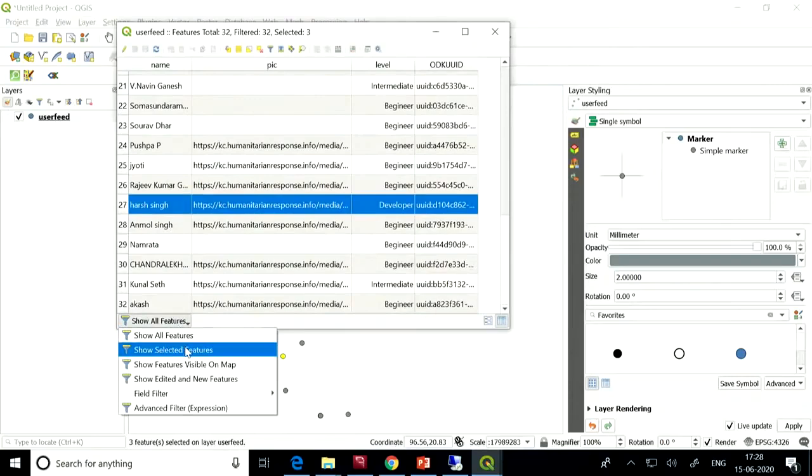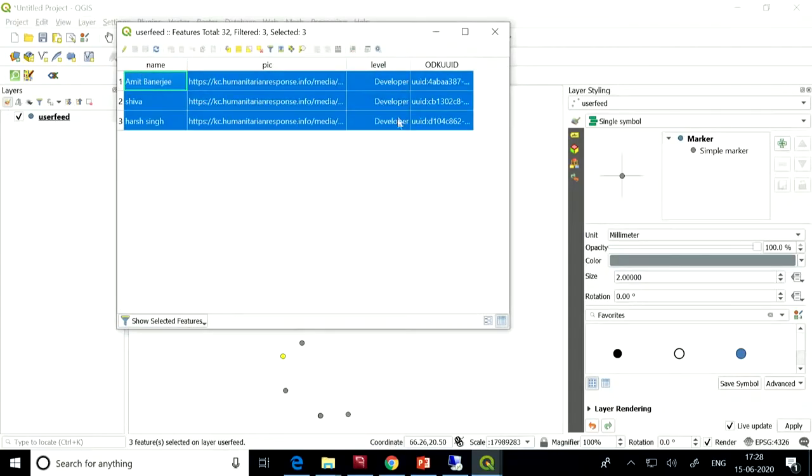I will say show only selected features. So there are 3 developers. See here it is showing developer, but it's actually an integer type. That's why when I put a query, I put a number. When you are creating a value map, you can have a name for the integer also, right? Or you can simply do vice versa.